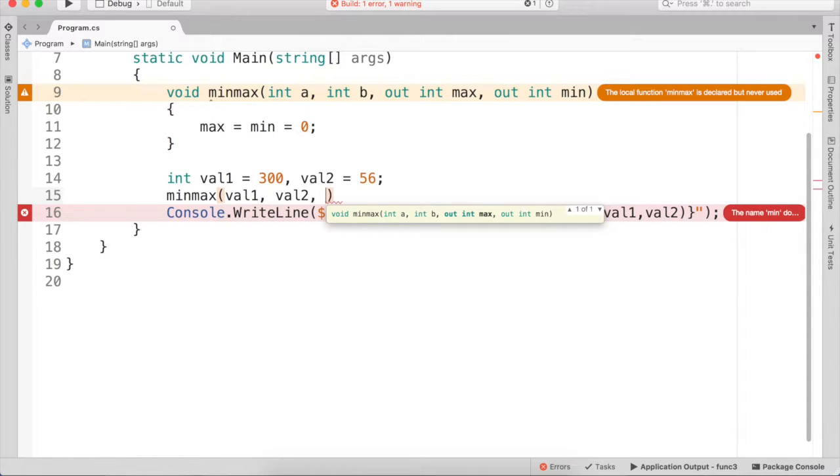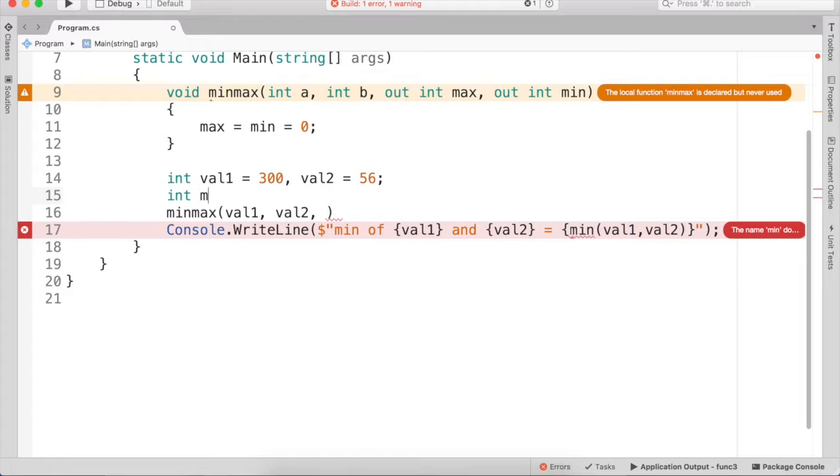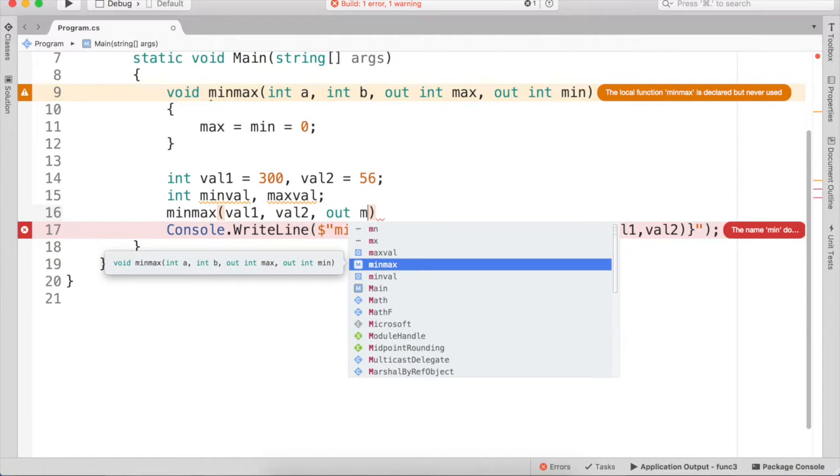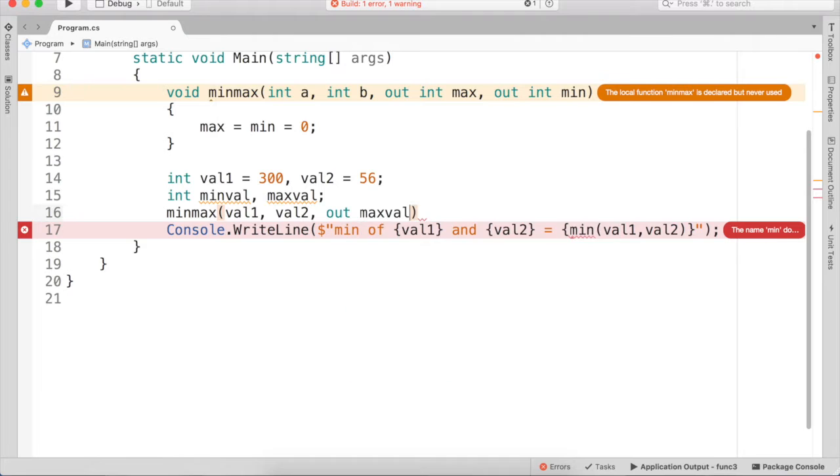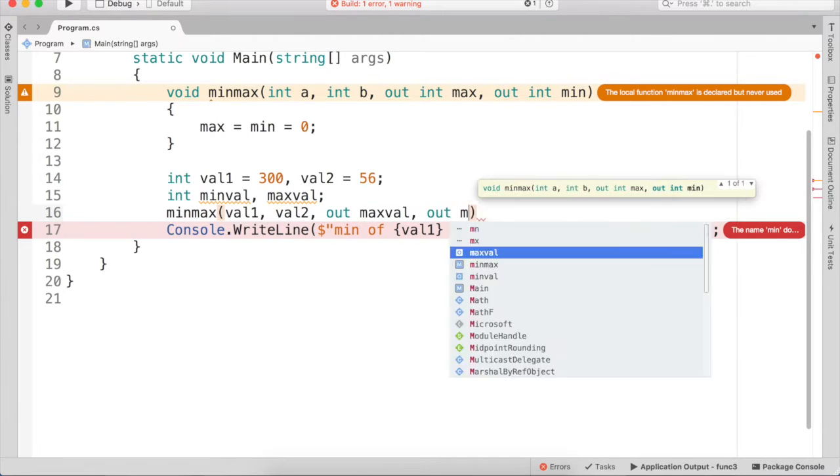and you see the hint. It says you have to pass now two variables which will hold the values of the function execution. So we have to create some variables. Let's call it min val and max val. The thing is, without parameters, you don't have to assign them anymore. You just need to put, so if it was max val, min val,